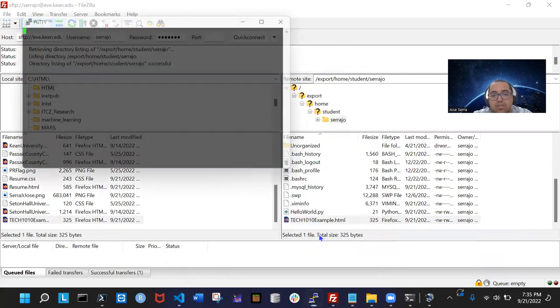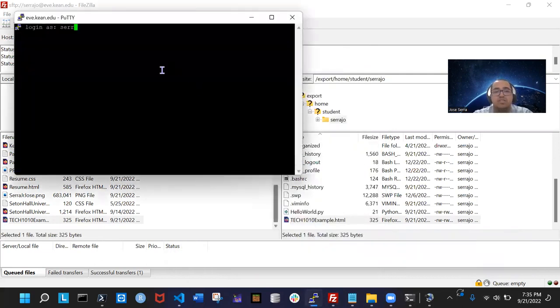You're going to hit open. Same thing if you're a Mac user, you're just going to connect to your secure shell. And then you're going to type in the following commands as they are. So you're going to type in